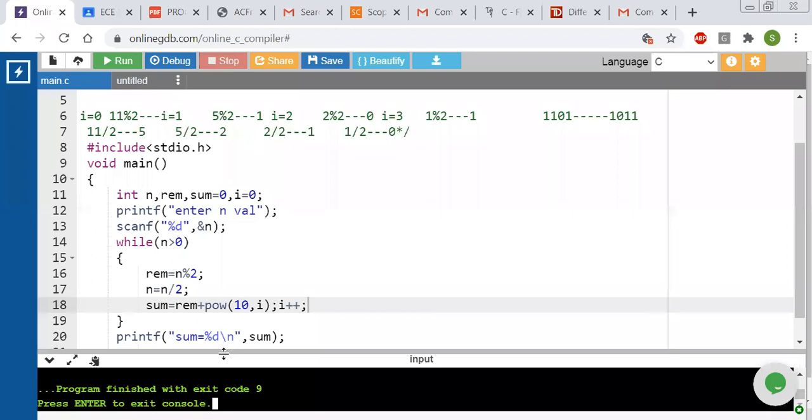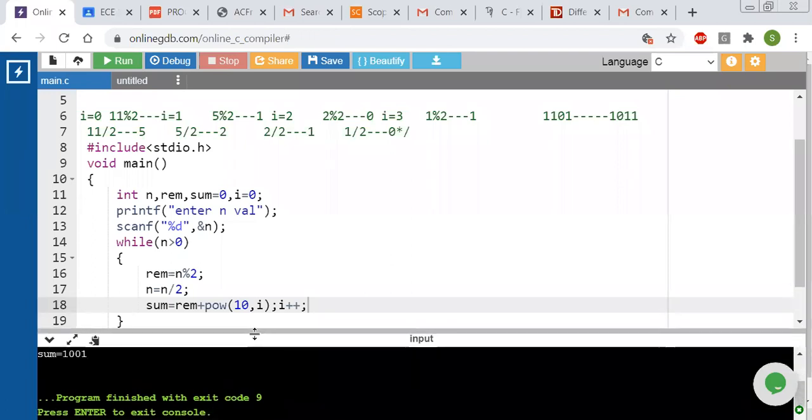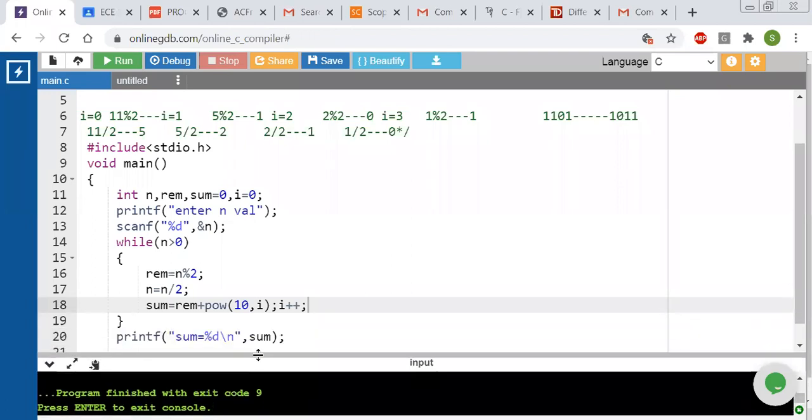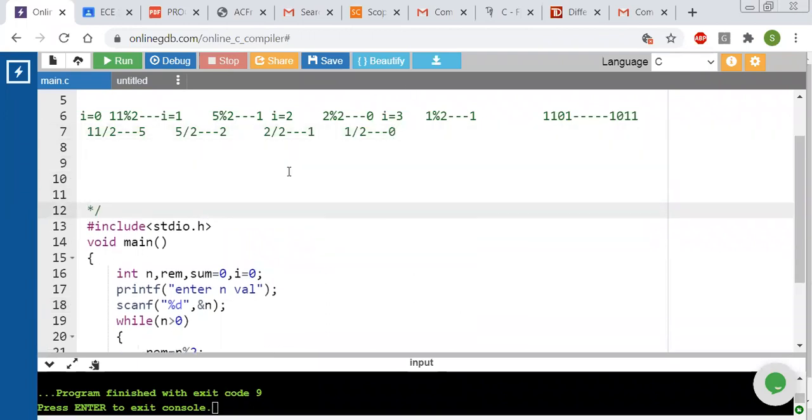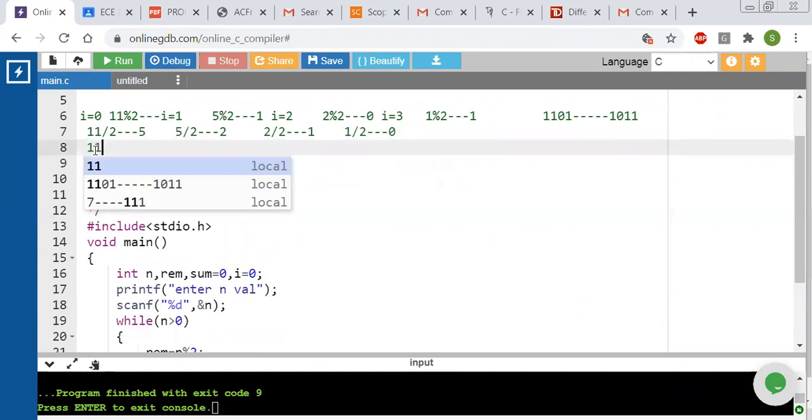When we are using a 3-bit number, we are getting 101. When we are giving a 4-bit number, we are getting 1001. Okay, so first we'll verify what we are doing here. Suppose our number is 11.